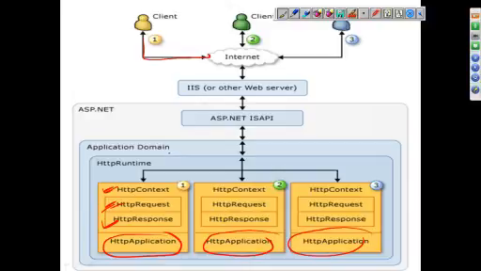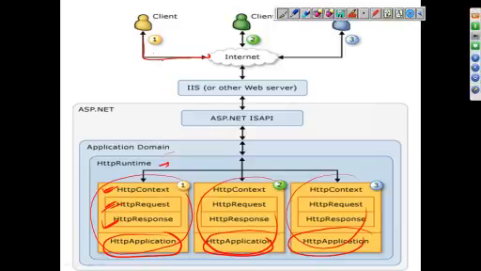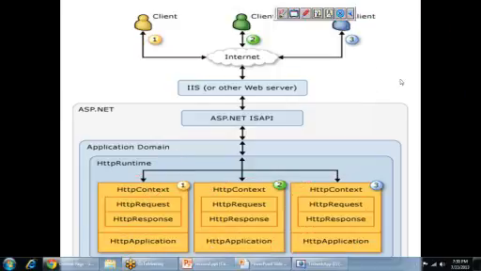The application domain and runtime are the common objects. But the request-specific objects are created multiple times based on the multiple requests sent. So request 1 is handled with one HTTP application object, request 2 with another, and so on. Till now, any question?